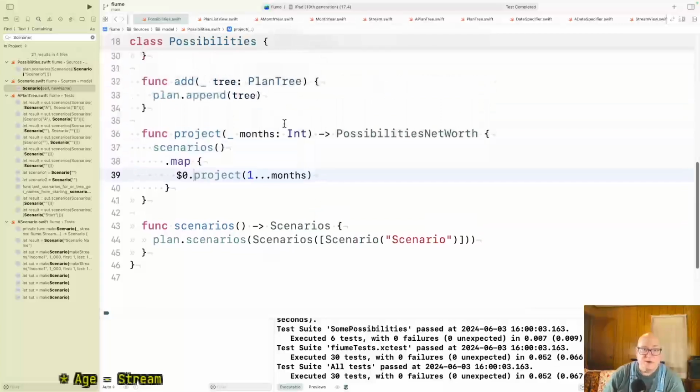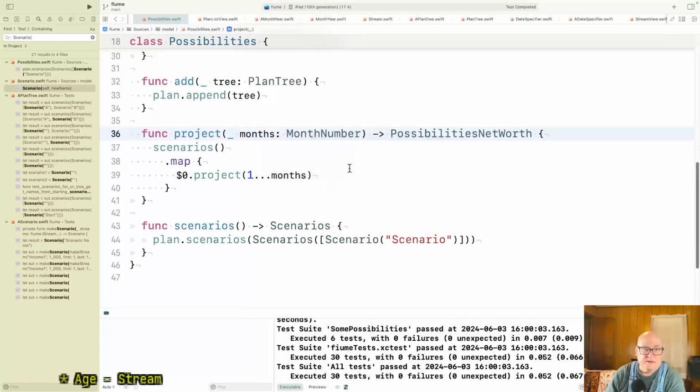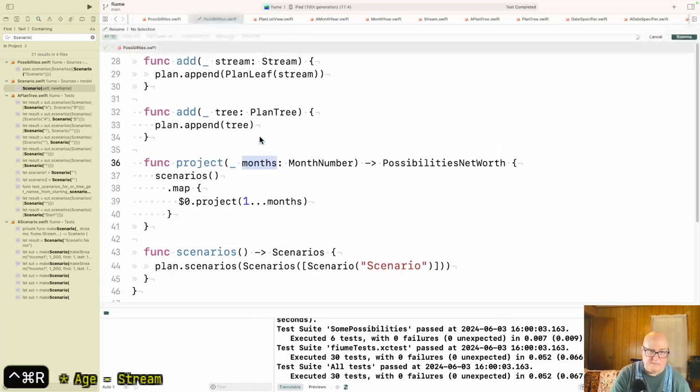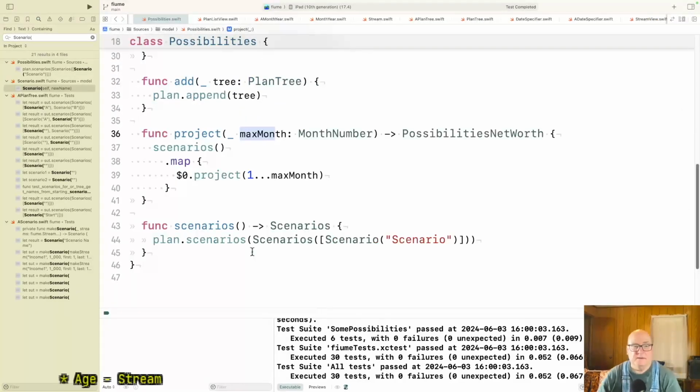So if our range was, well, this is another month number. Okay. And then this is really maximum month. Okay. I've changed a few names.